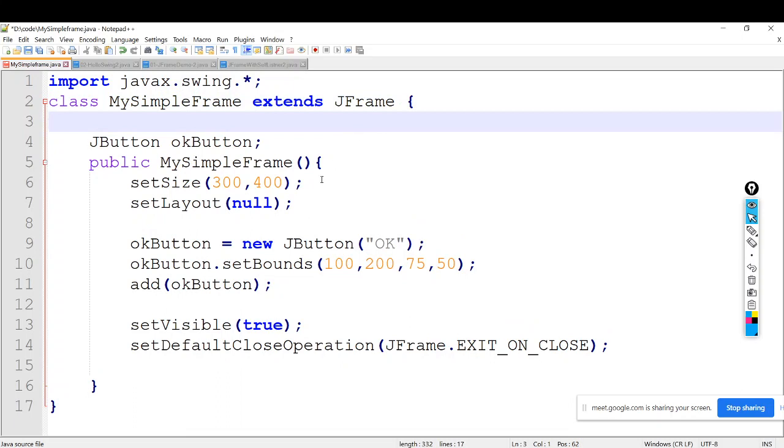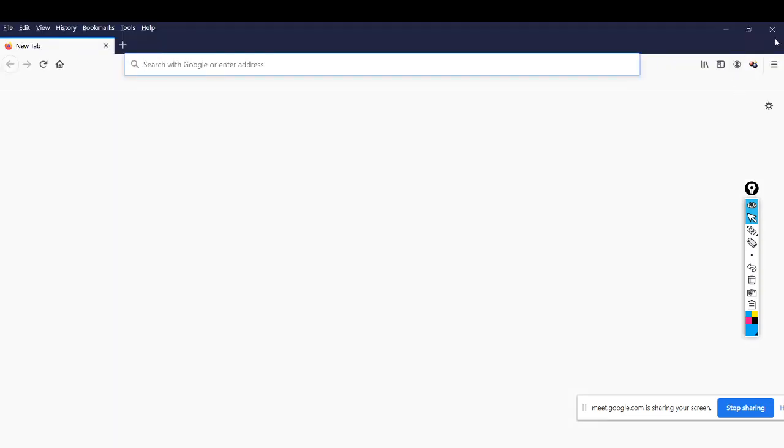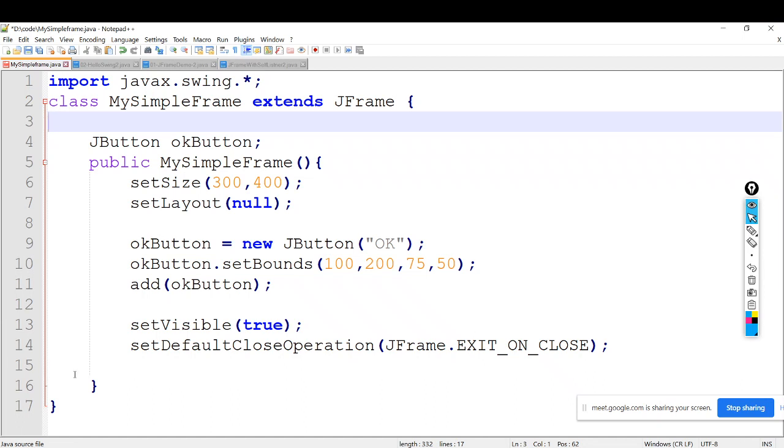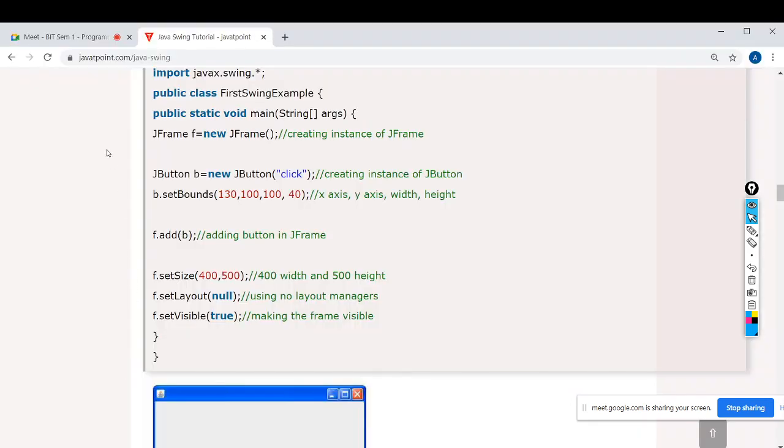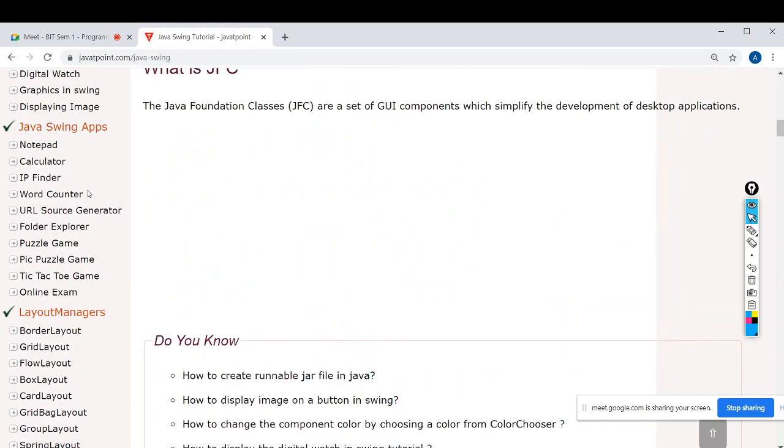Rather than memorizing things here and there, right now I am going to explain how event handling is done in Java. For that, again I am recommending you to go to the Java Point site. There are so many websites, they have a separate section called event handling,